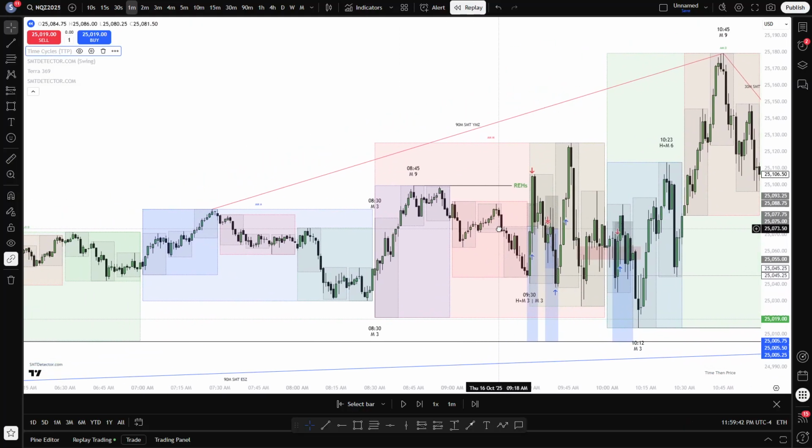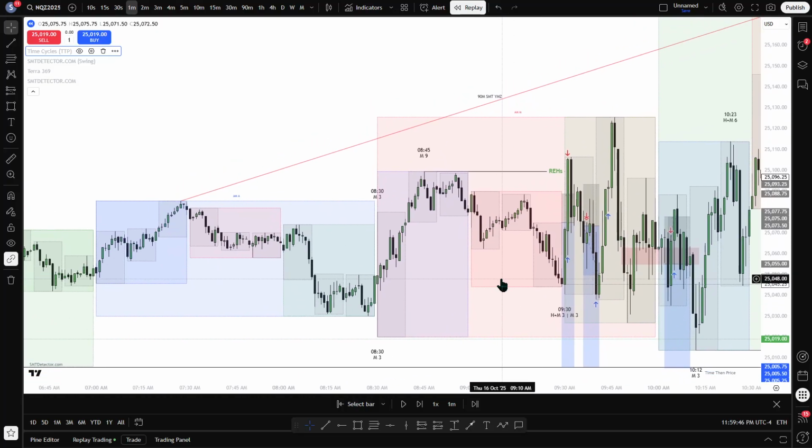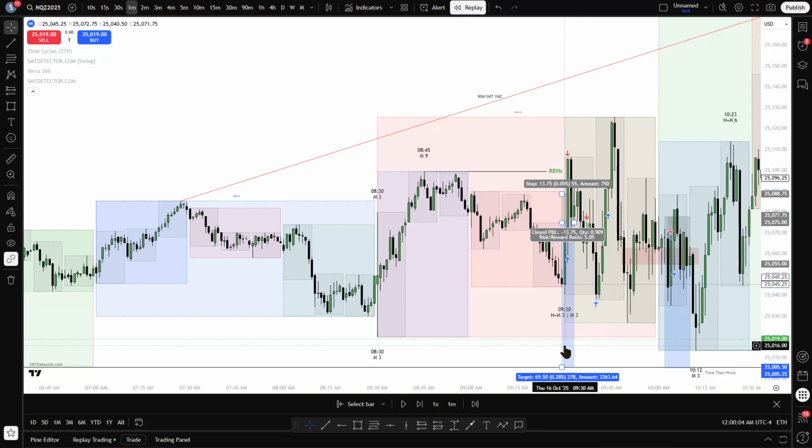The next thing that happened is I told you that price moves in the same way, even if it's 1 year, 1 month, 1 day, 1 week, 90 minutes, 30 minutes, 10 minutes, 1 minute, right? The price moves in the same way. So here you see is a 30-minute cycle. This green box is a 30-minute cycle. Let me remove these guys.